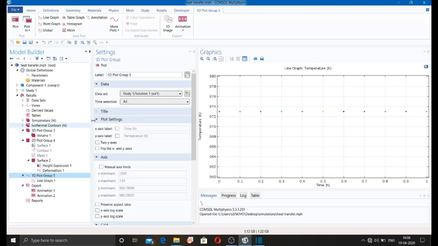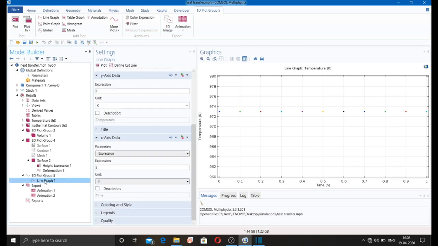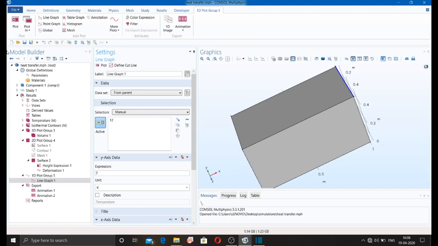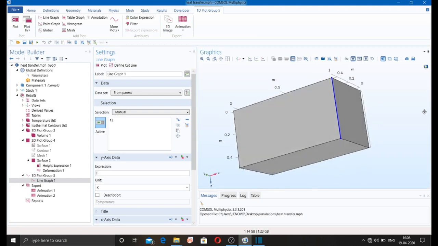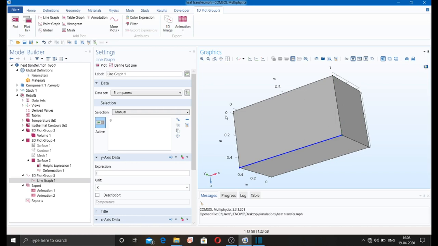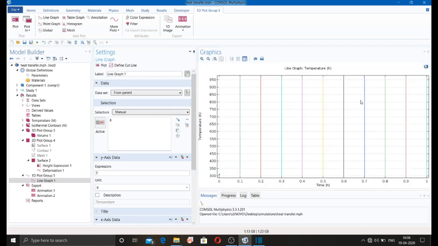If I want to change it, if I am taking this line and removing this line, here you can see the temperature variation along this particular line.